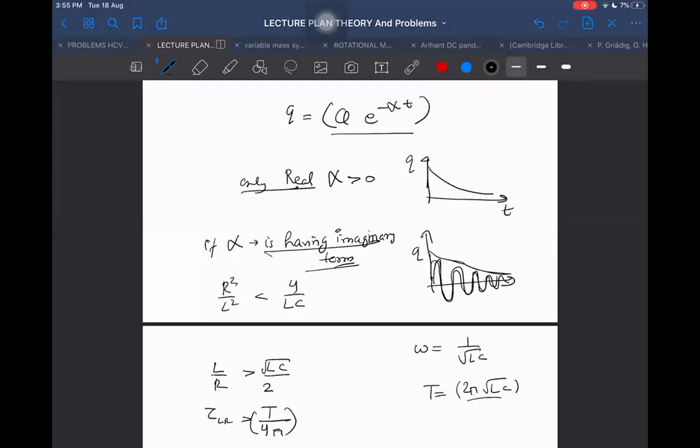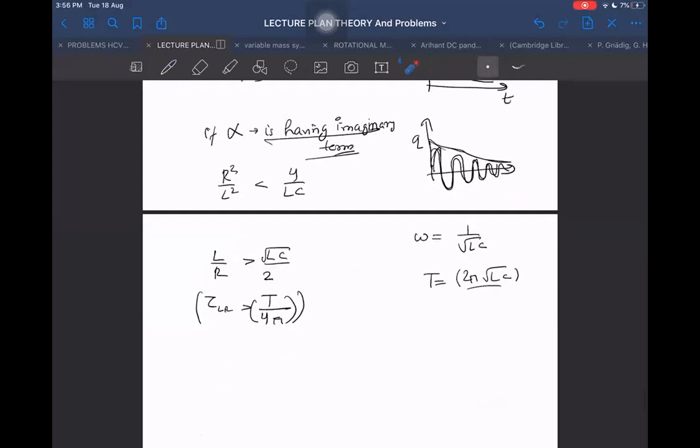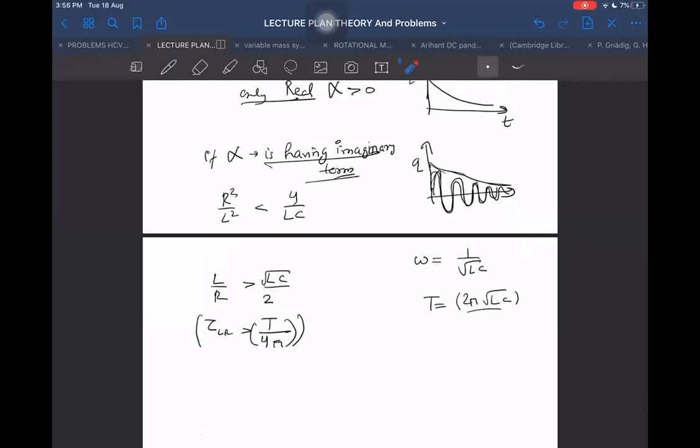So obviously it is some strange relation, but anyway, when this happens, then the imaginary term will be there. When the imaginary term is there, it will not die out rapidly. It will not die out like in the first case, without performing any oscillation, where the charge just flows once only and there are no oscillations. That will not happen here. Some oscillations will also be there when there is an imaginary term.